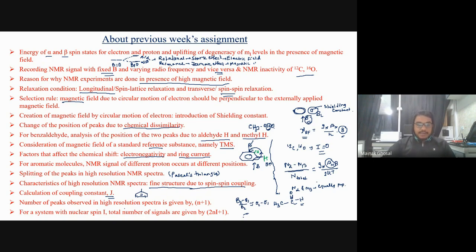And then how many peaks would be observed: it was shown that for any molecule with I equal to half, the number is n plus 1. But for a system with nuclear spin I, the total number of signals is given by 2nI plus 1. So this was the previous day's discussion, which I have given you as a recapitulation. With the discussion of today's module, I am going to discuss a small